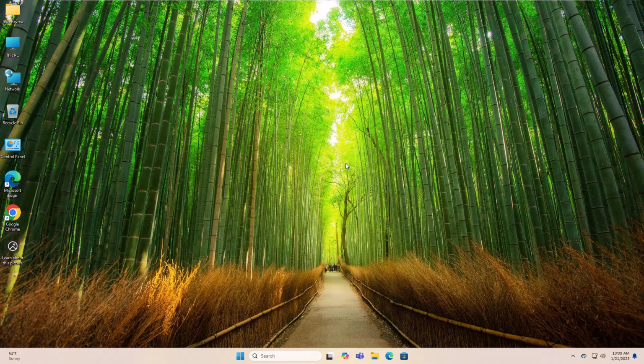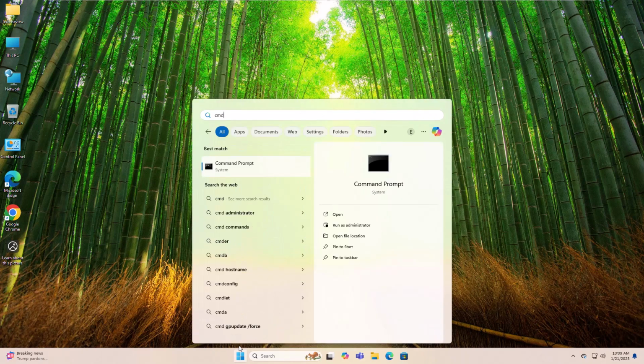Today I'm going to show you how to fix DPC_QUEUE_EXECUTION_TIMEOUT_EXCEEDED. In Windows 11, to fix this error, click on the Start menu, type CMD. After the command prompt appears, right click on it, click on Run as Administrator,